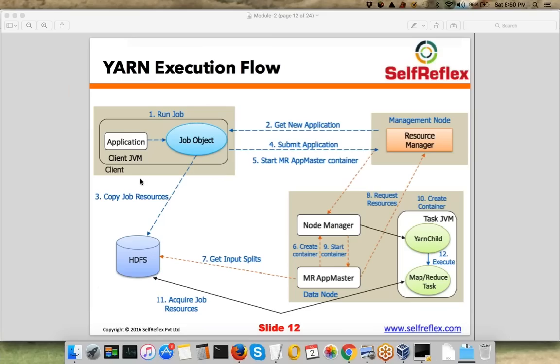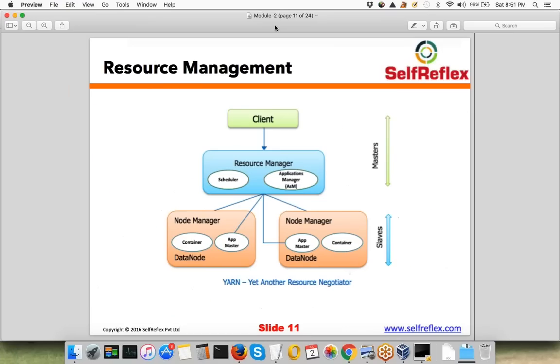Okay, Mahavir is saying then how is it different from MR1. So Mahavir, in MR1, let me just go back to the previous slide. Just think about it. On your master machine, you had a job tracker running. So instead of this applications manager, you had a job tracker running, and there was no concept of app master. The job tracker was responsible for managing every application in the cluster.